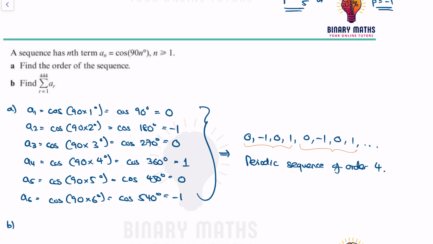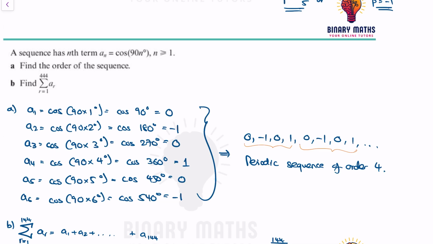B is the sum of r equals 1 to 144 of a_r, which is equal to a1 plus a2 plus and so on, all the way up to a144. Now, some of these numbers are the same, remember. a1 is the same thing as a5, is the same thing as a9, and so on. So if I do 144 divided by 4, because there's 4 numbers, I end up getting,